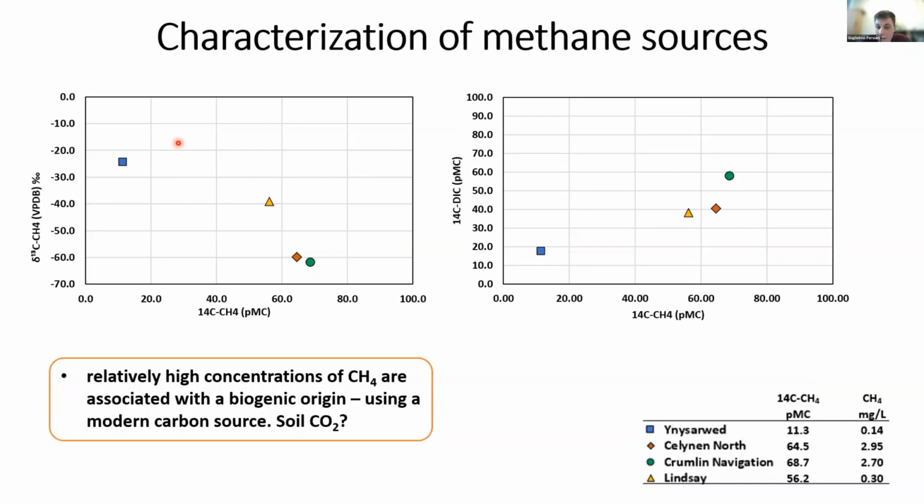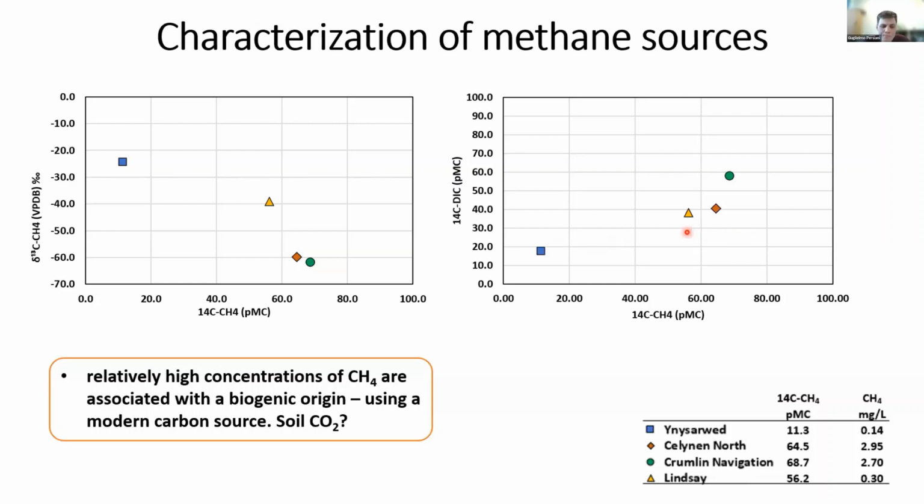So now let's move on to the characterization of the methane source for our sites. We find that a high radiocarbon content in our samples usually corresponds to a biogenic signature, which is a very depleted signature of carbon-13 in methane. Also interesting, there is an apparent correlation between the radiocarbon content in methane and the DIC, which could suggest that the main biological pathway of biogenic methane generation could be the carbon fixation,